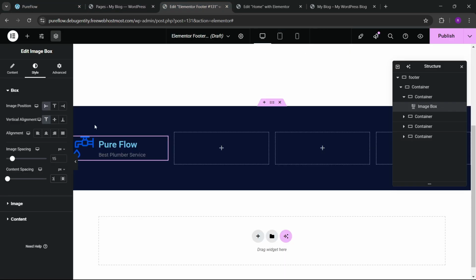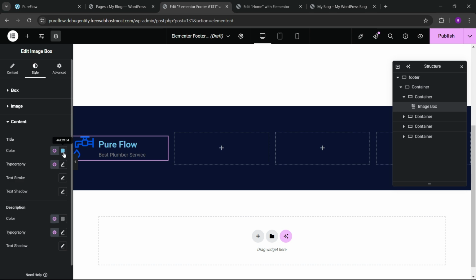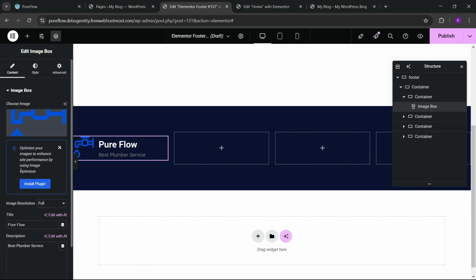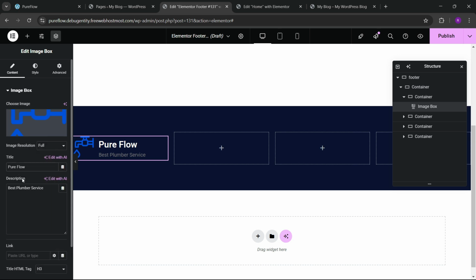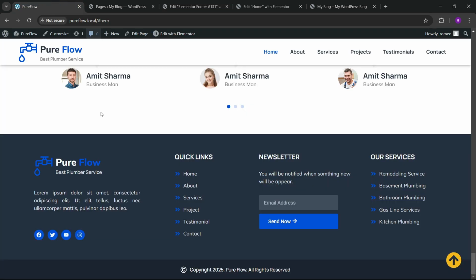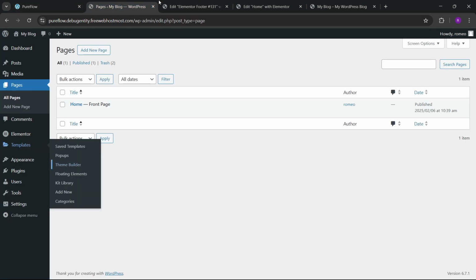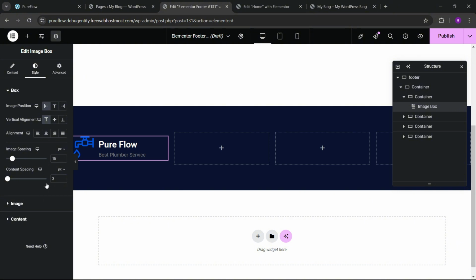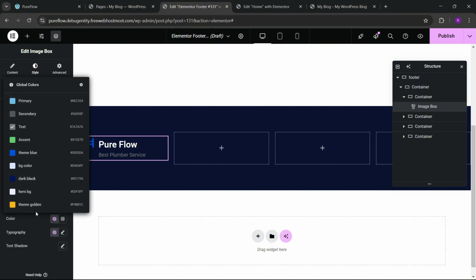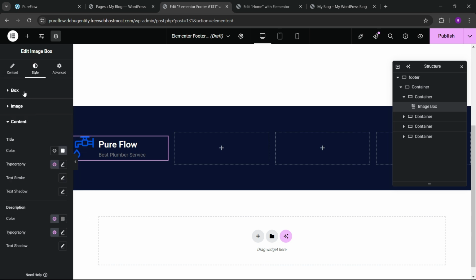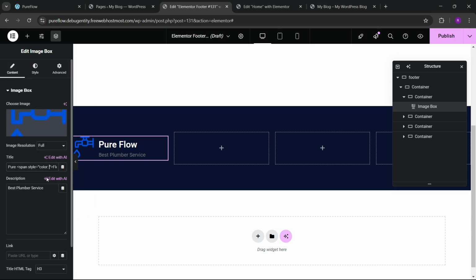Okay, and after that we have this content, and here we can make this white. And for the flow color we can go here, and here we can add a span track, and here we can add... okay, so for the color we can have this 0052 DA. So here we can add